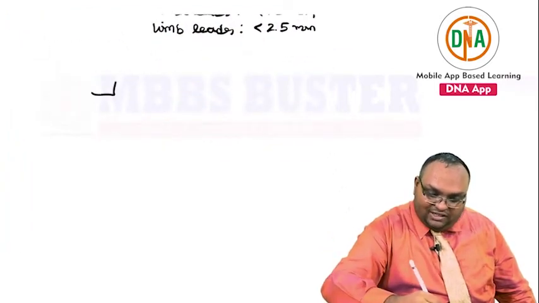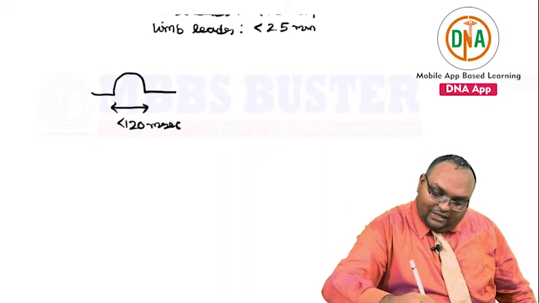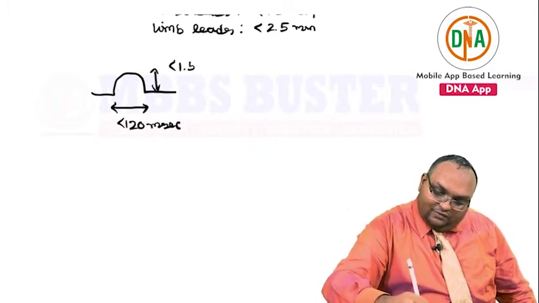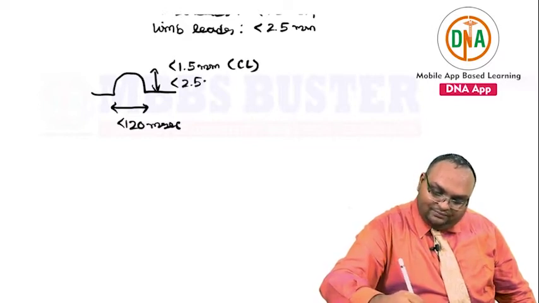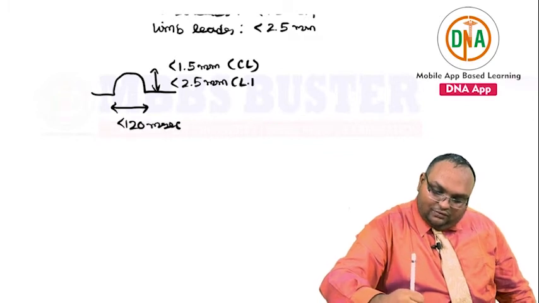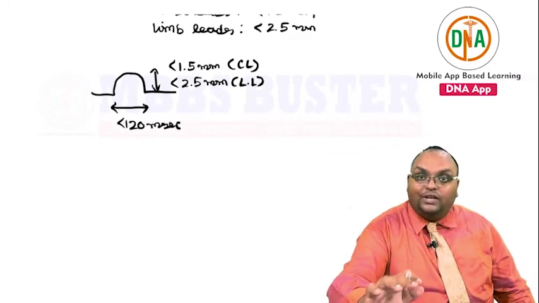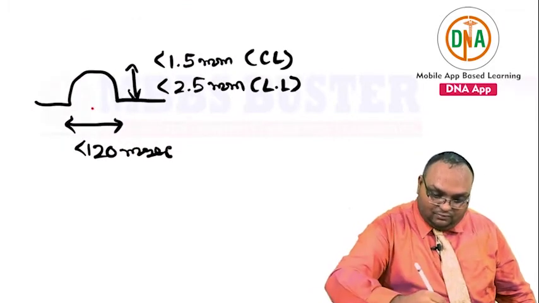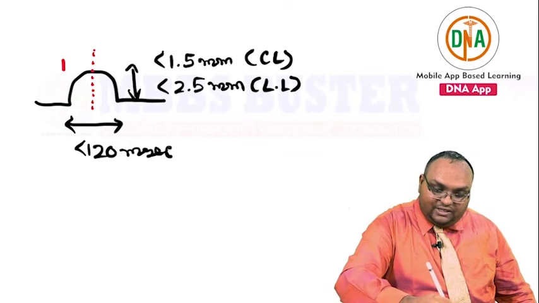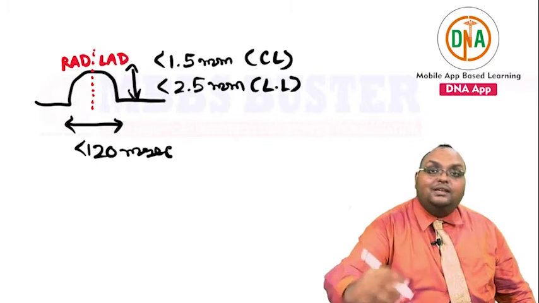You see, a normal P wave is somewhat like this. I told you this width should be less than 120 milliseconds, and this height should be less than 1.5 millimeter in the chest leads and less than 2.5 millimeter in the limb leads. Furthermore, one thing I will really need to add over here is that you can further subdivide this P wave. The initial part of it represents the right atrial depolarization, and the later part of it represents the left atrial